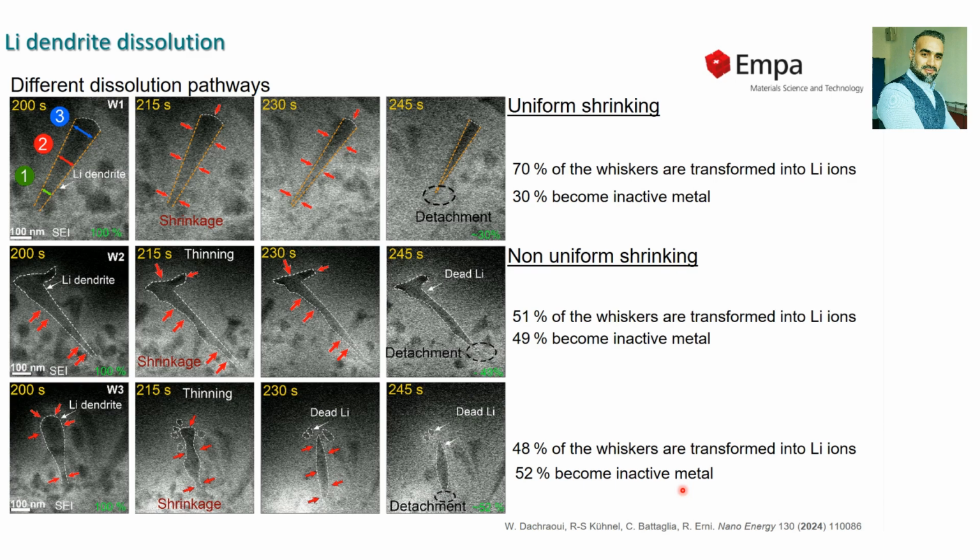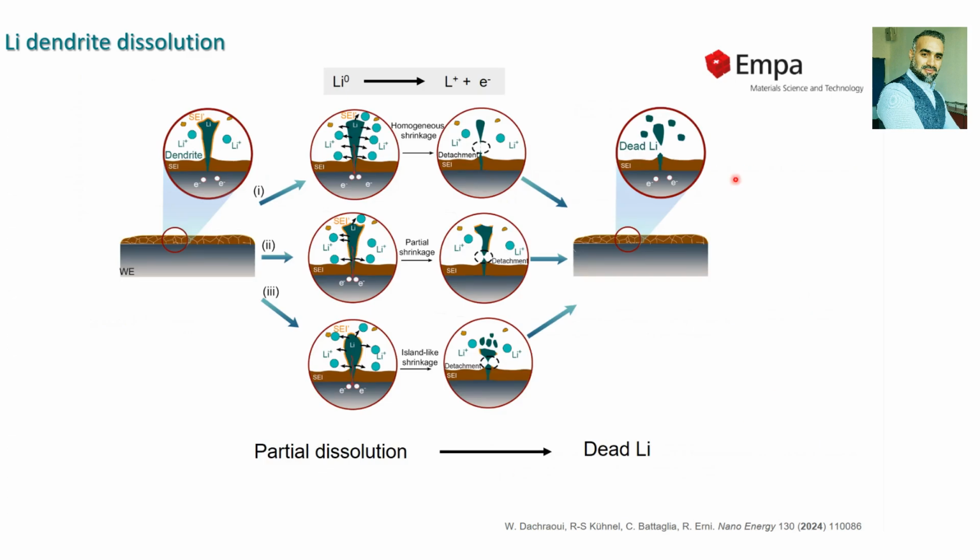So here is a schematic illustration of the mechanism of dissolution of lithium dendrites. The lithium dendrite is surrounded by the solid electrolyte interface. In the first case, we have complete thinning of the solid electrolyte interface, and the thinning will be all over the lithium dendrite, and we have homogeneous shrinkage until we have detachment, and there are dead lithium